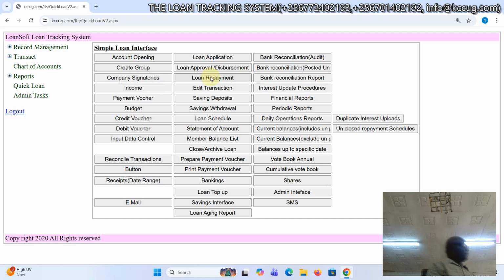perfect savings deposits, shares deposits, and even loan repayments using direct cash, without going through a schedule. So we are beginning with the savings, okay? If you click on this option, which we call savings deposit,